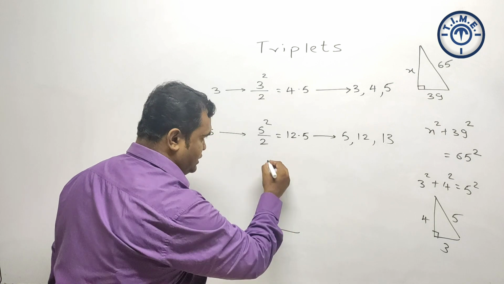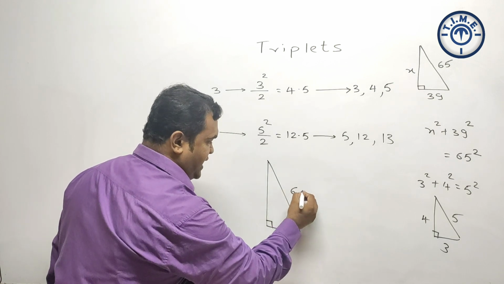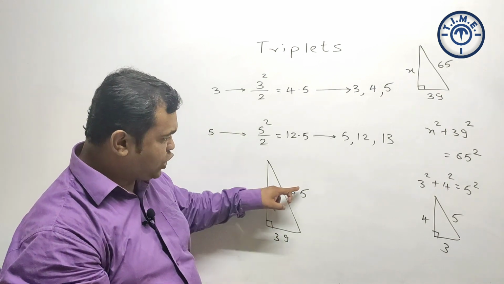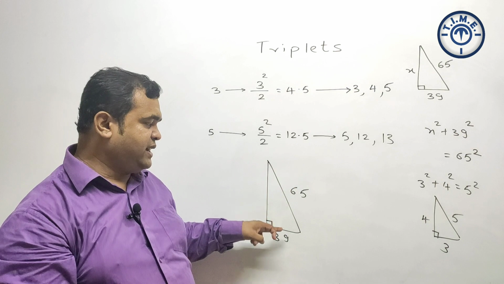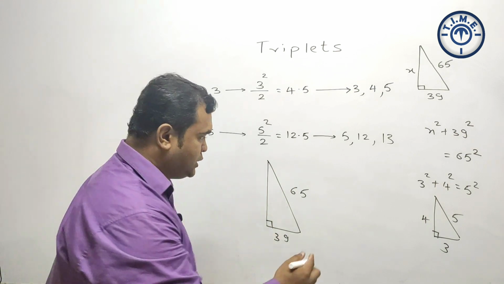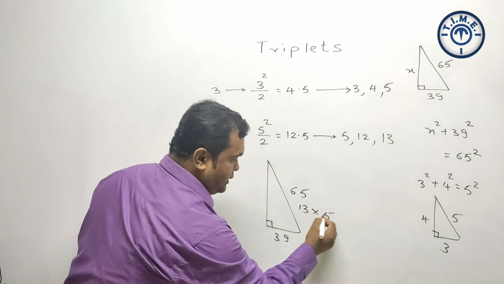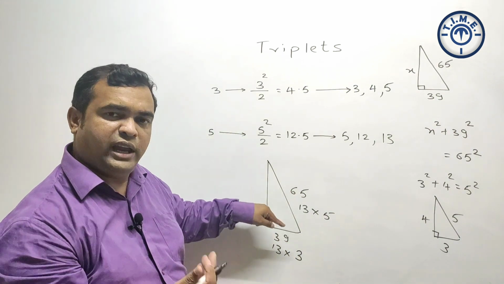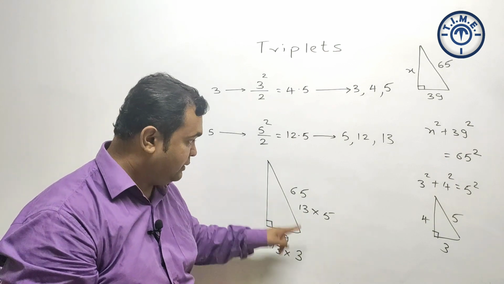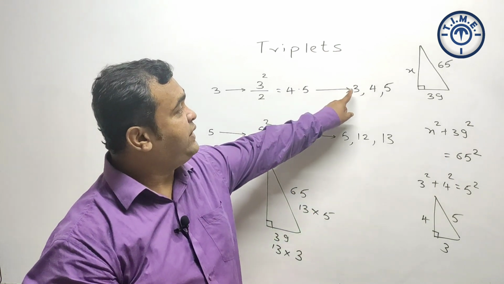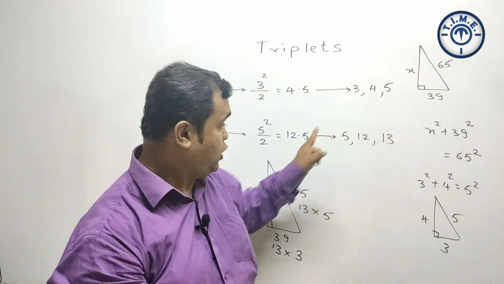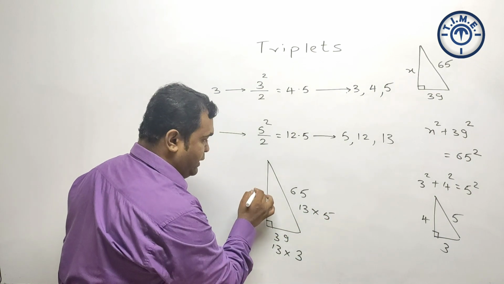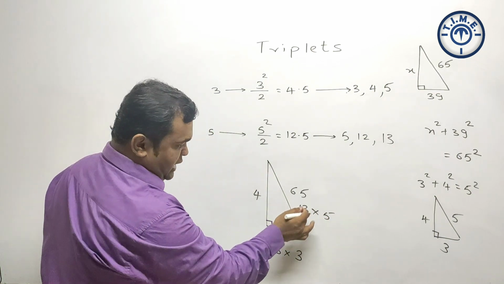My question is, this is 65, this is 39. As I said, what is a common factor between them? 65 and 39, I can see both are divisible by 13. So this is basically 13 into 5, and this is 13 into 3. So 13 is the common part. Ignore that. 3, 5. Longest side 5. My triplet is 3, 4, 5. This is 5, this is 3, this should be 4. And 13 is common as it is.